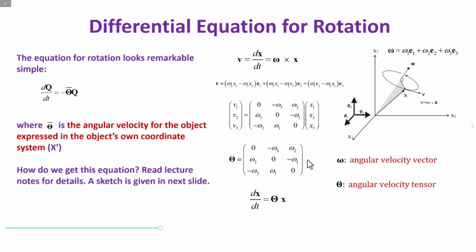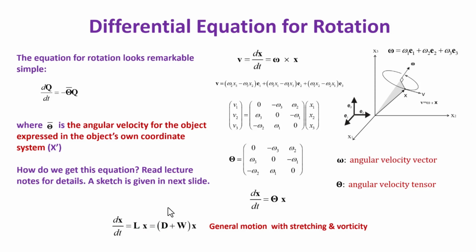Okay, let us remember this equation. This will be used in the next slide. Before I get to the next slide, I want to revisit the general motion of an object. A general motion of a material has both stretching, the strain rate, and also angular velocity, that is vorticity. So the velocity field is made of both a strain rate and vorticity. You can imagine rigid body rotation as a special case. The stretching vanishes, there is only vorticity in the flow field. And the vorticity in the flow field for the rigid body is the angular velocity.